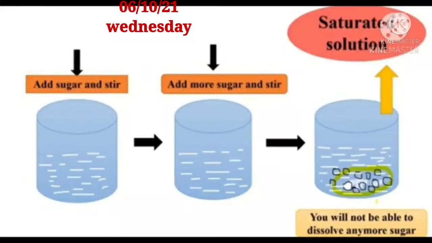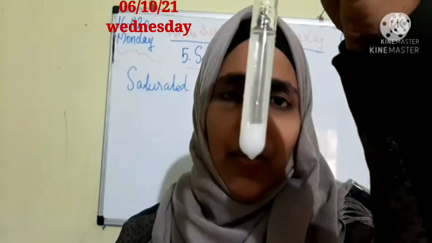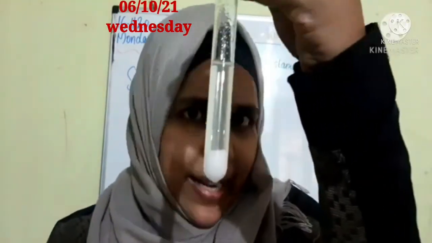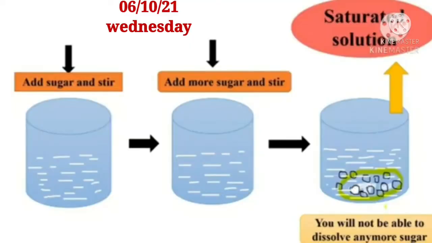Clear, all of you? Look at this picture, children. You can easily understand what a saturated solution is. We add sugar or salt continuously, and after that you will not be able to dissolve any more sugar or salt. It is still settled down. That is a saturated solution. That solid substance is settled down in this test tube. This we call a saturated solution. Clear, all of you? So more substance can be dissolved in a solution by heating it. Water dissolves different amounts of soluble substances.